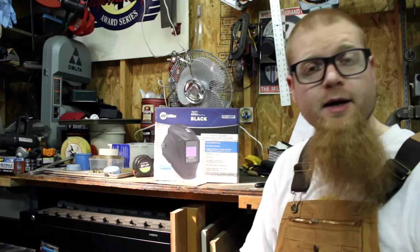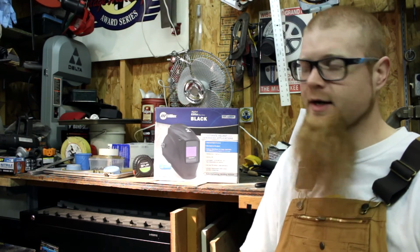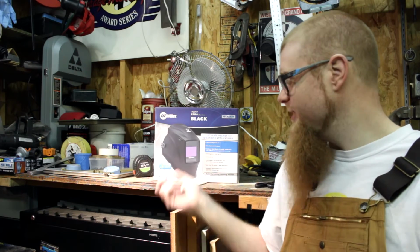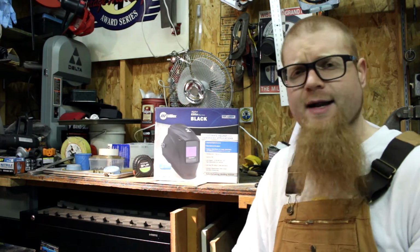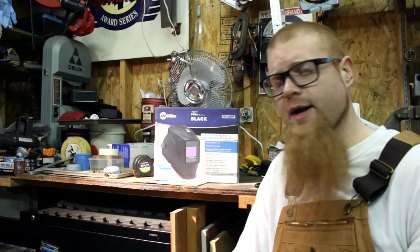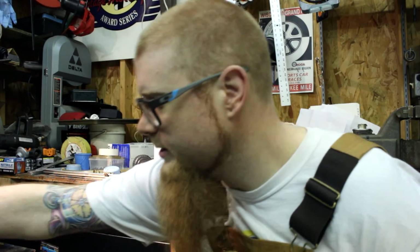This has got a grinding mode, it's auto darkening, it's auto shade adjustable with the X mode. Go to Miller, you can see all the features. I bought this from Welder Supply Store here in Wisconsin. I think I got it in like 3 days, and they had one of the more competitive prices on it, so thanks to them. And as a matter of fact, they actually included